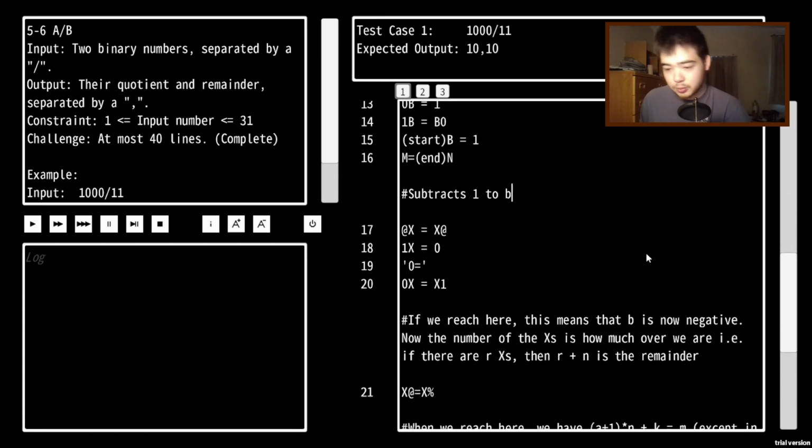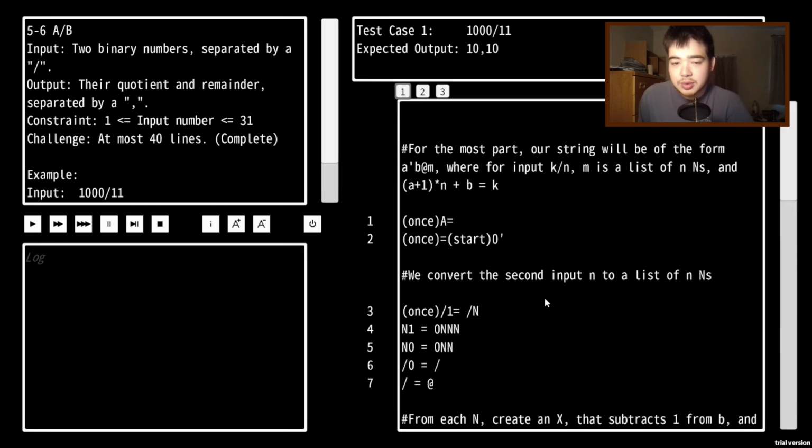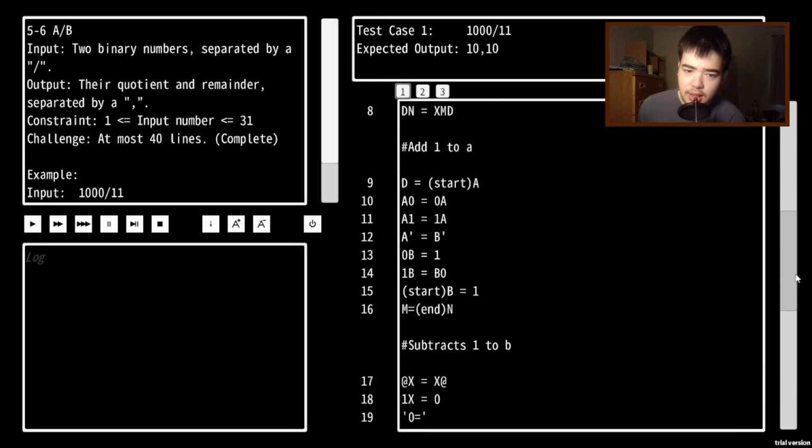Then we do all of this, and so as a result, what has happened? We've added 1 to a, and then we've subtracted n from b, and that maintains this equation, which is exactly what we want. Now, eventually, we'll hit a point where our number b is too small for us to subtract n from. At which point,